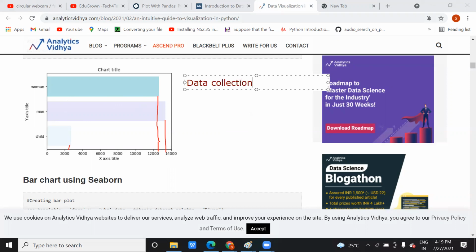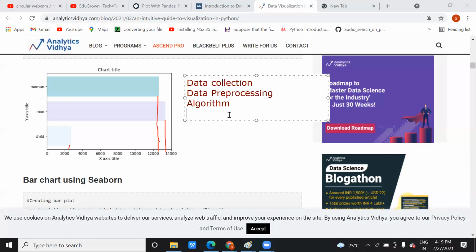First is data collection. First you collect the data. Second thing, data processing, meaning you collect the relevant data and do data processing. After that you apply an algorithm. Algorithm means you apply an algorithm for what you actually want to get out of that data.